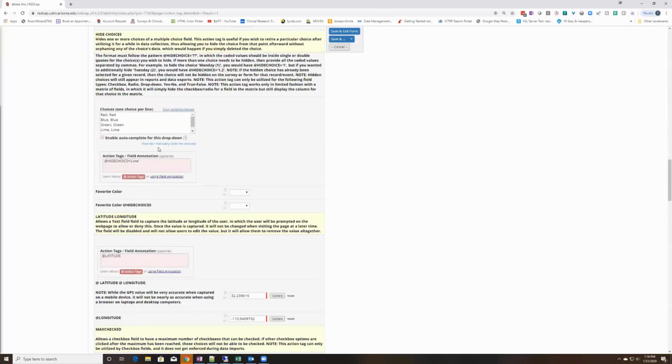Hiding choices. We use this one. And so if you have a selection here, which is like red, blue, green, and lime, and you decide to hide the choice of lime, and you go ahead and try to select the color here, this is the original, and then the other is hiding lime. So where we've used that is if